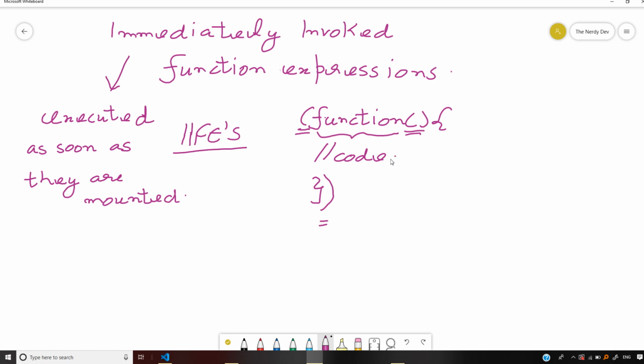Now let us probe some more to understand the relation between the name and the syntax or type of functions. You must be wondering why the name IIFEs. Let me demonstrate this. This type of function is called immediately invoked, as these functions are executed as soon as they are mounted onto the stack. It requires no explicit call to invoke the function. If you look at the syntax itself, you can see we have two pairs of parentheses. The first contains the logic that needs to be executed, and the second one is generally what we include when we invoke the function. The second parenthesis is basically responsible for telling the compiler that the function expression has to